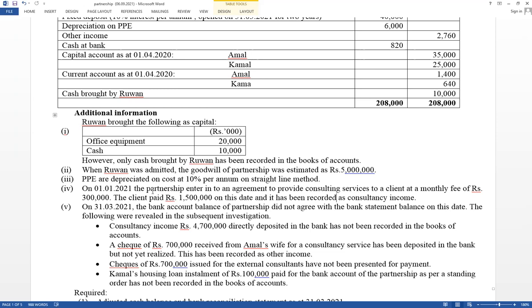But already recorded total value, think you have to apply accrual concepts. Cash received or not, as an income you have to consider only 3-month period. But cash received for 5-month period. Monthly value equal 300,000. 300 into 5 equal 1.5 million. But as income should be considered only 3 months. 2 months is not relevant. That is a consultancy income received in advance.